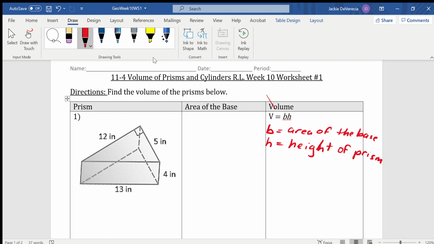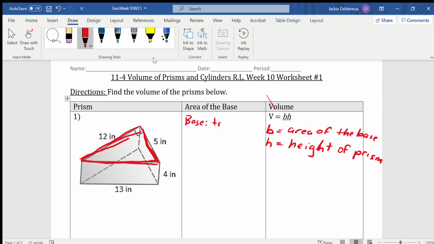So now first, before we can find our volume, we need to find the area of the base. Now this figure is called a triangular prism because we can actually see the shape of a triangle pop up. And usually, if it has a name like rectangular, triangular, trapezoidal, that will be your base. So the base